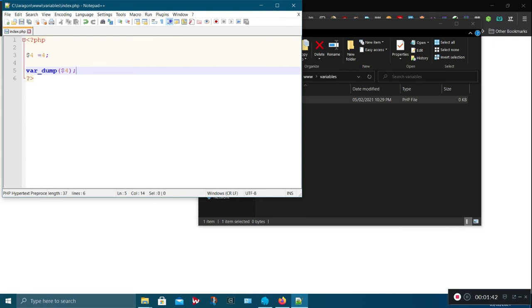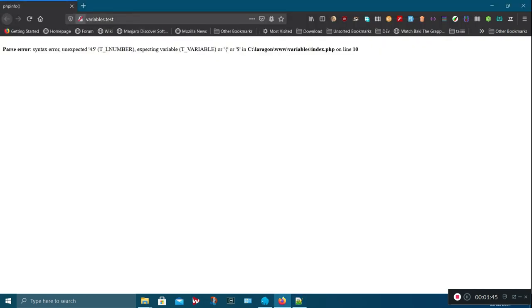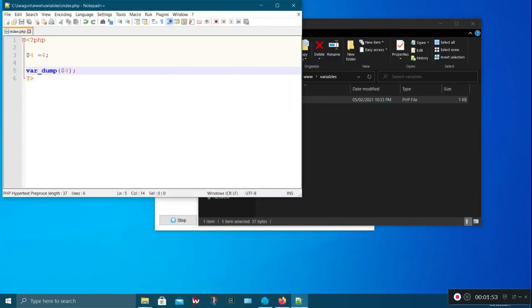Then save, come back to your browser which has the variables.txt, reload, and you see it gives you syntax error, unexpected number 4. This is wrong, but this is correct.